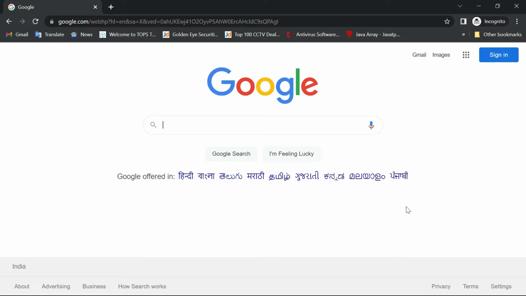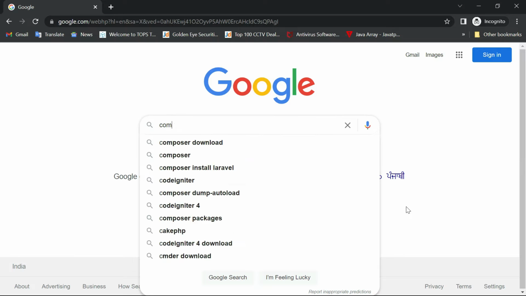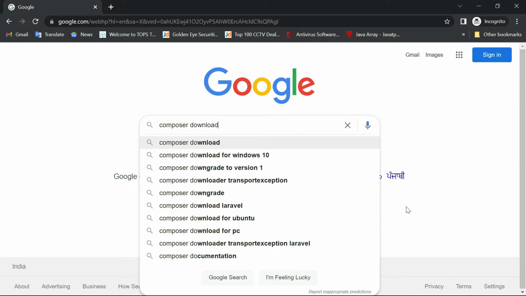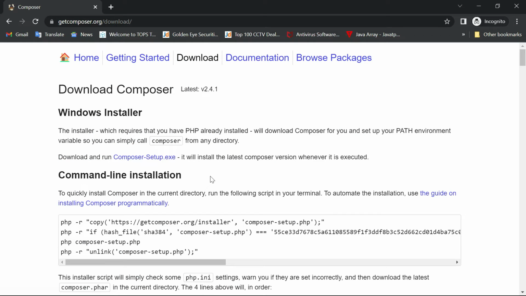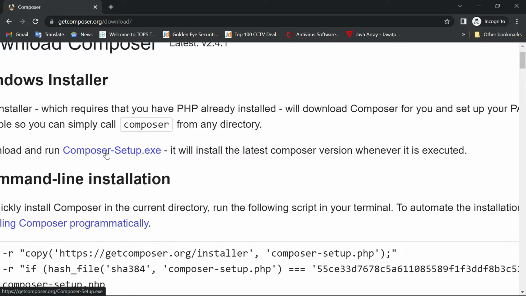The second step after XAMPP installation, we have to install Composer for Laravel. To download Composer, we can search in Google "Composer download". This will show us getcomposer.org. Click on it. It will show you the Composer setup.exe file. You have to click on it